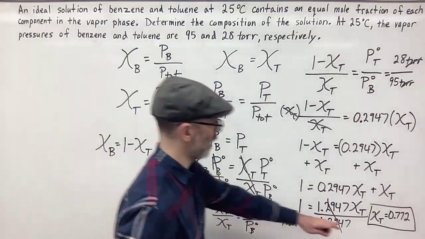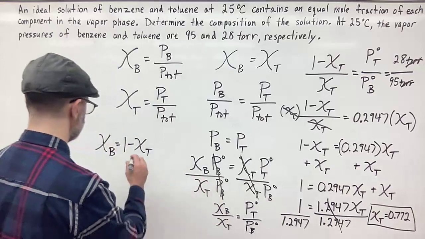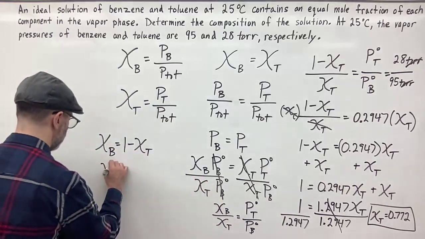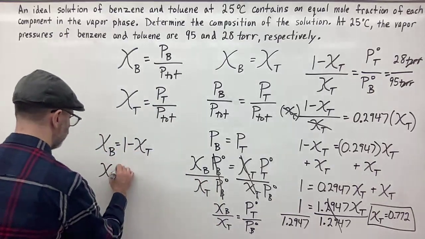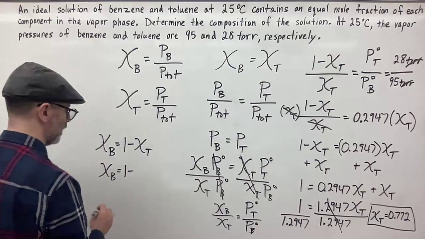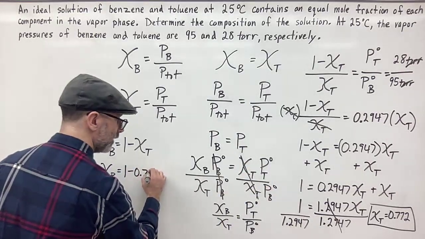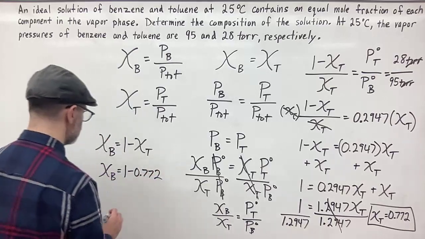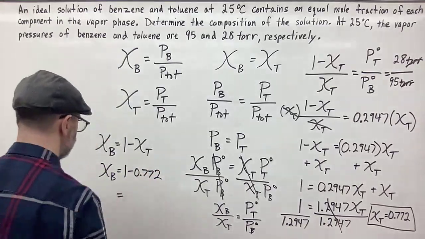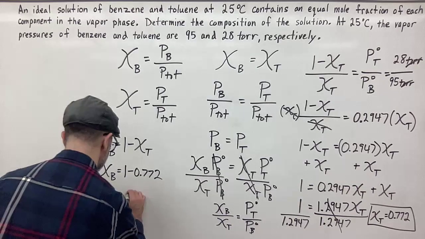So we found the mole fraction of toluene. So all we have to do is plug that in here. And so the mole fraction of benzene is equal to 1 minus 0.772. And when we do that calculation, we get